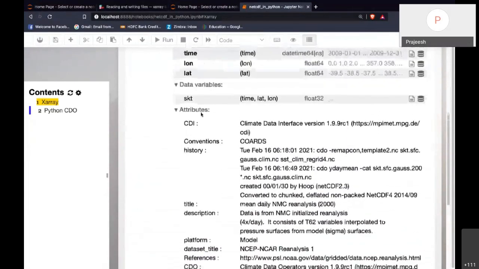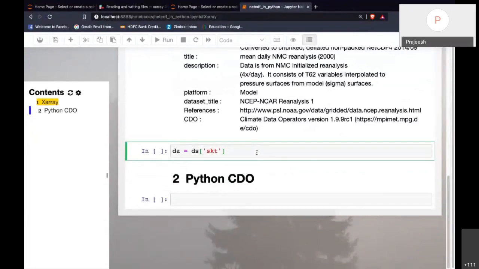I'm putting it into a variable here. So if I do this, yeah, I got this variable here.